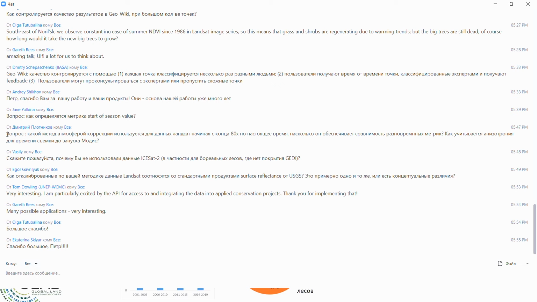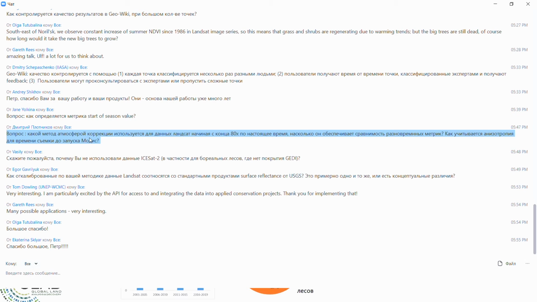It is not a very accurate value because we do not have every 16-day interval for every year because of the clouds, and it means that it can be shifting the position. The Landsat data is not MODIS data. We do not have everyday imaging, and sometimes 16-day intervals can be left without data.